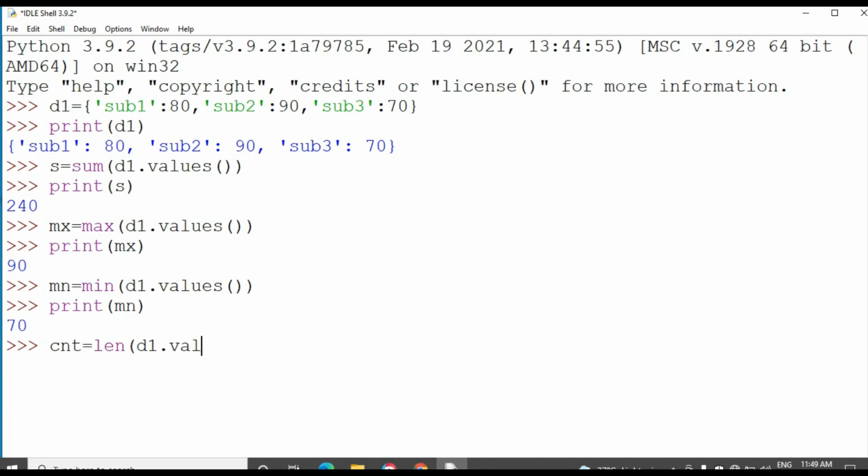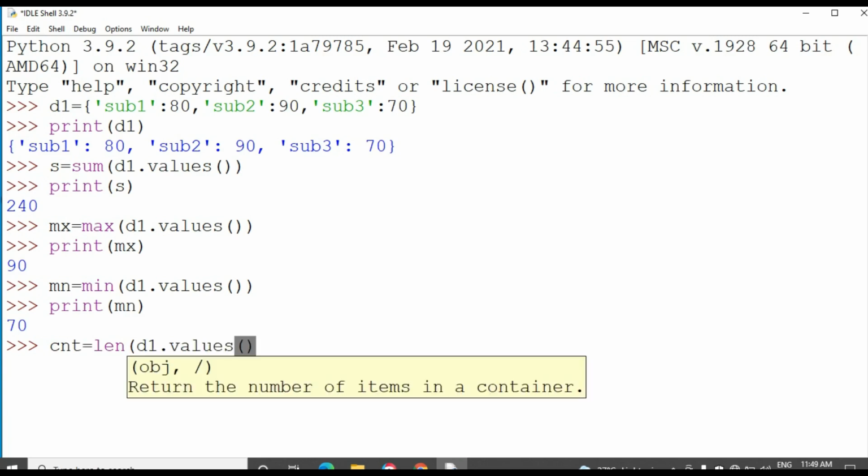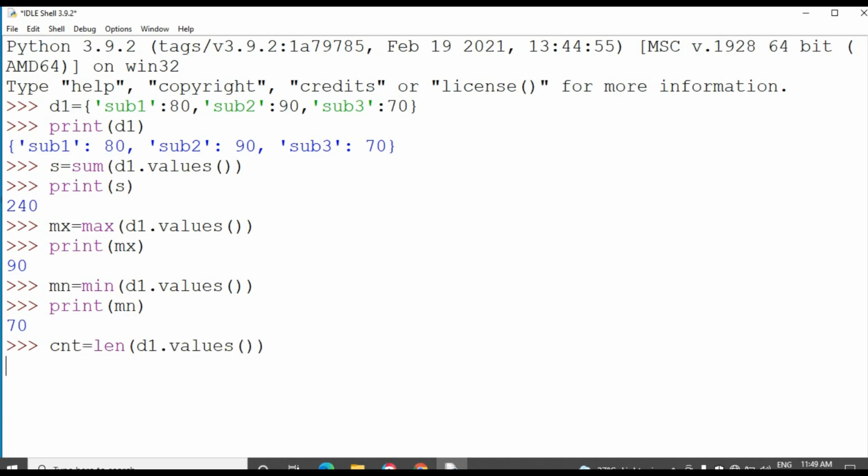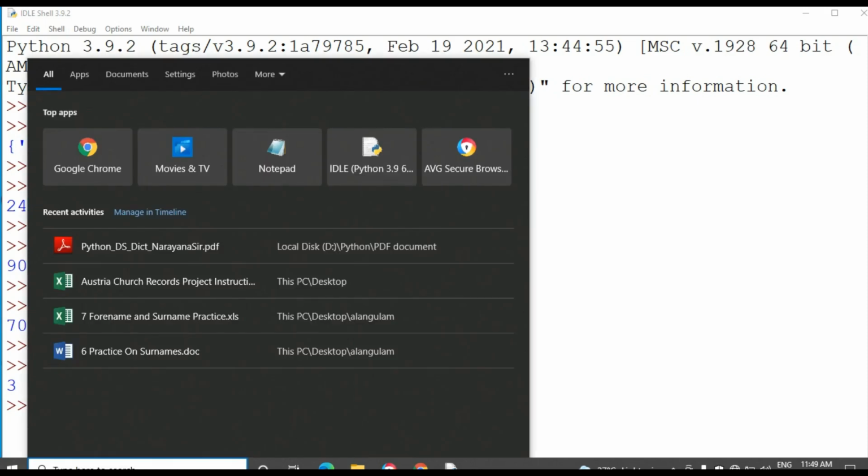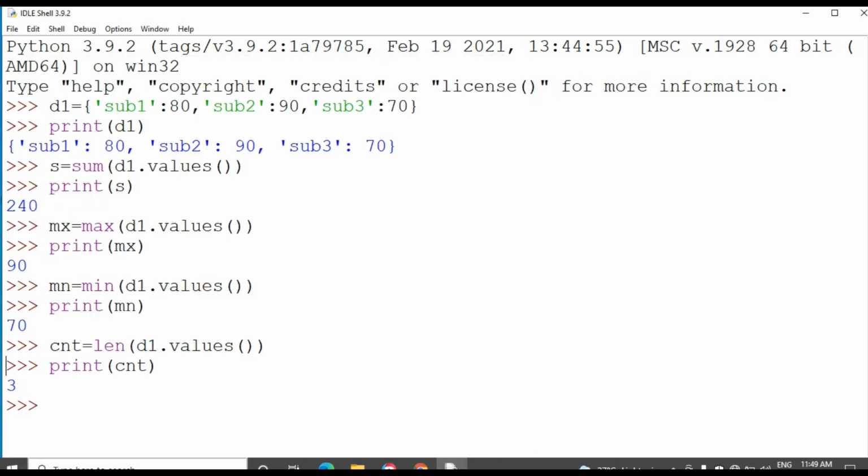Then length of D1 dot values of, and print of count. See, 3. Totally we have taken the three subjects' marks. So we got 3.